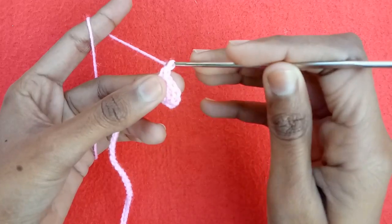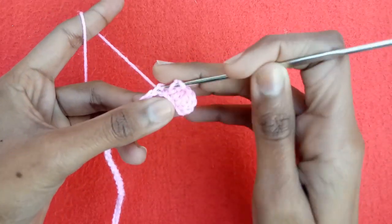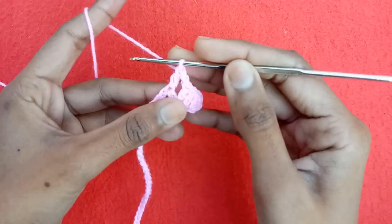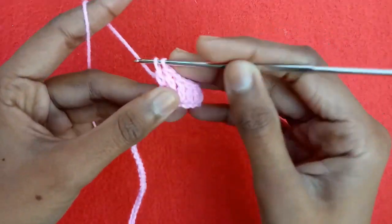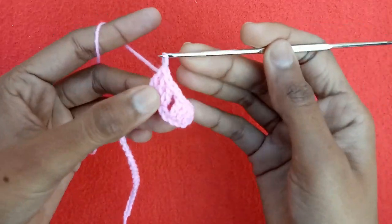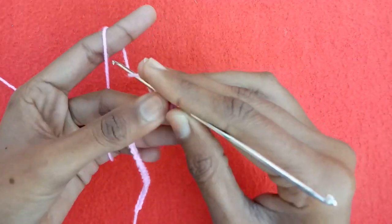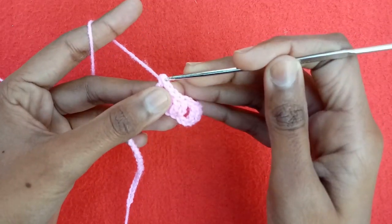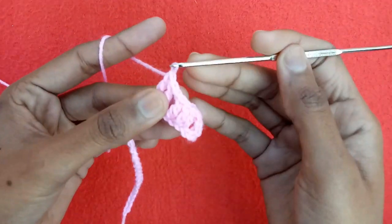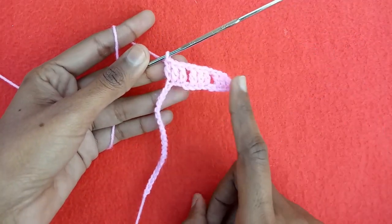Then make chain 1 and skip 1 chain and go into the second chain and make double crochet 1. Into the next one, double crochet 2. Into the next one, double crochet 3, and then make chain 1, skip a stitch, into the next, skip 1 chain, into the next chain make double crochet 1, into the next double crochet 2, into the next double crochet 3, and then complete this